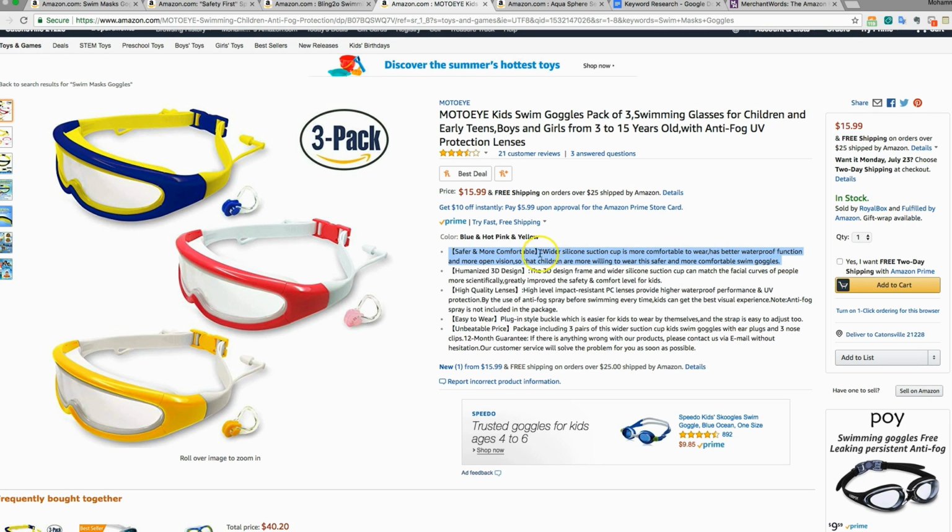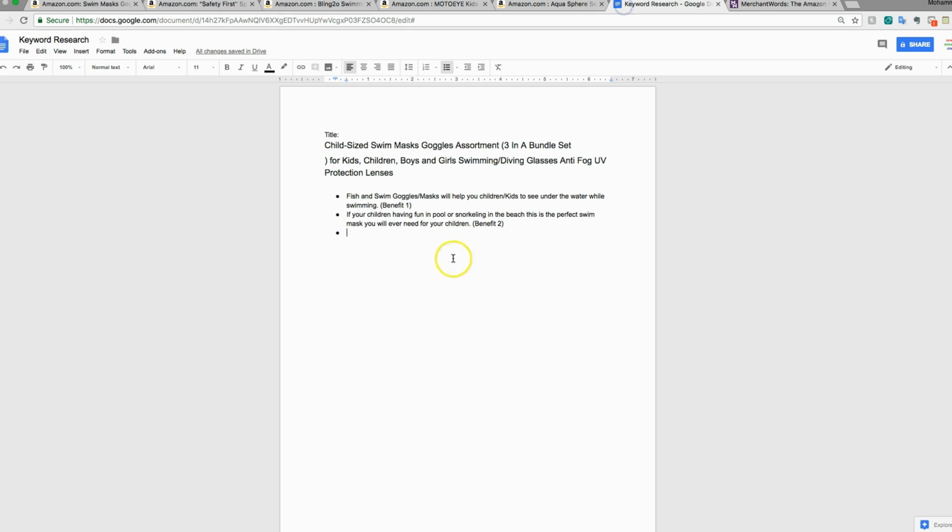Had better waterproof function to more open vision, so that children are more willing to wear this, safer and comfortable. So I want to talk about the comfort, because they are highlighting the comfort a lot. So I can just say